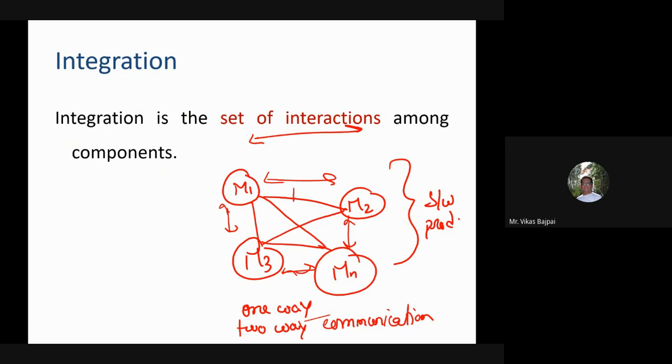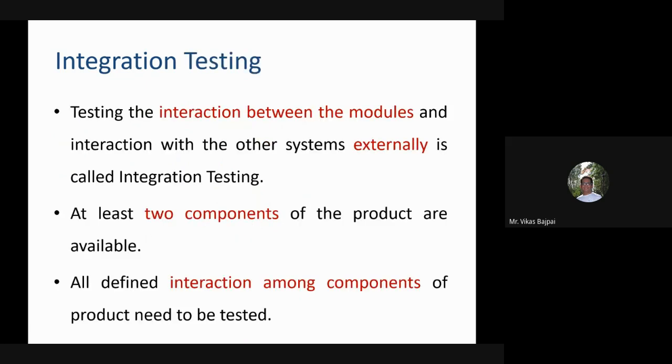So coming back to integration testing, in case of integration testing, the individual modules are initially combined, and then tested.